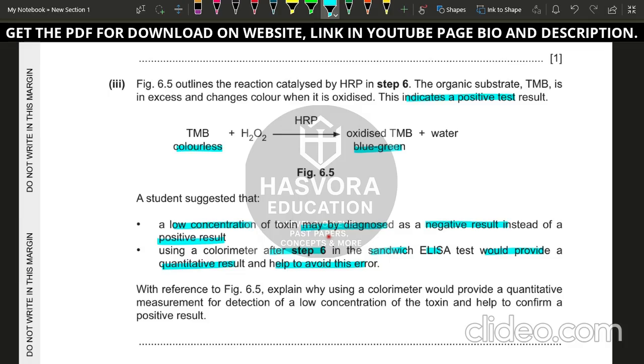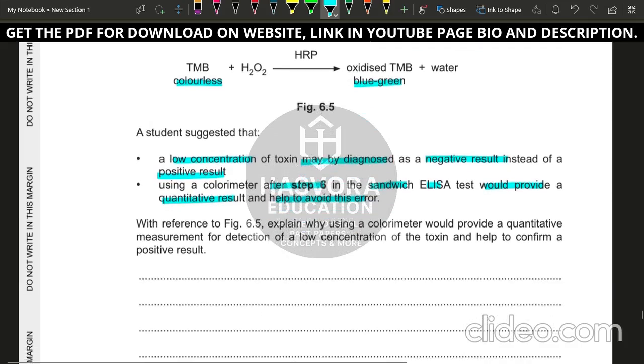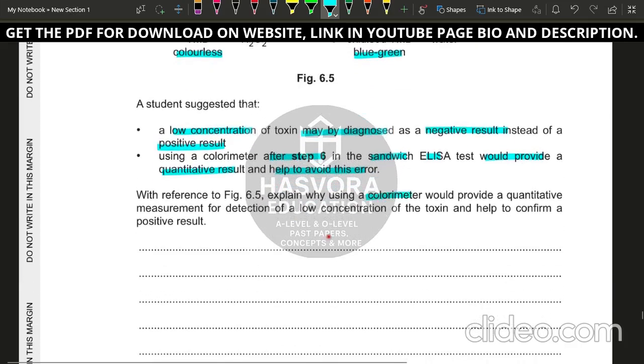Now with reference to figure 6.5, explain why using a colorimeter would provide a quantitative measurement of a detection of a low concentration of a toxin and help to confirm the positive result. Now actually what happens is that whenever there is a color change and we are observing it with the eye, those results are subjective, but whenever it is being done with the colorimeter, it gives you numerical values that are not subjective,